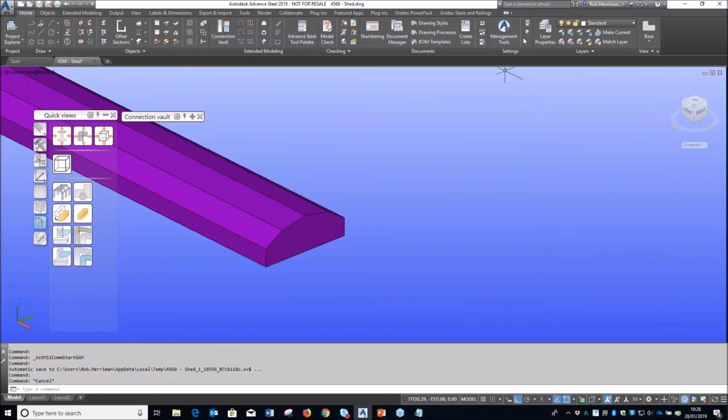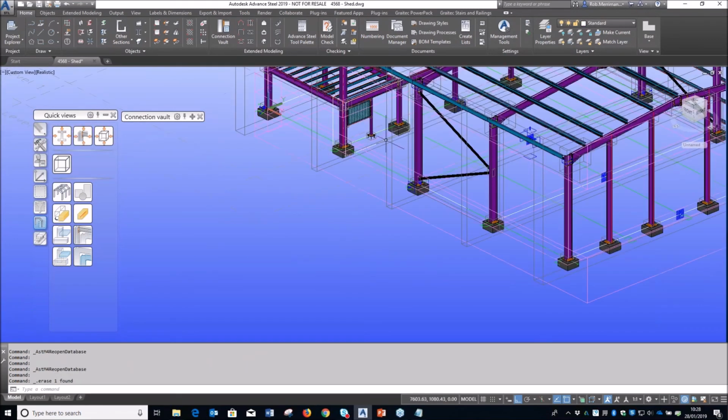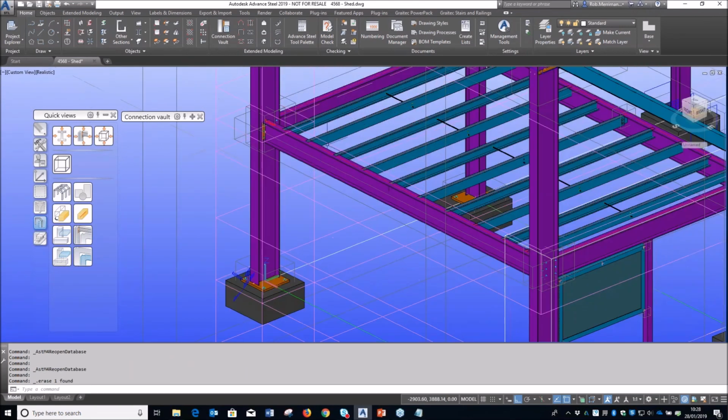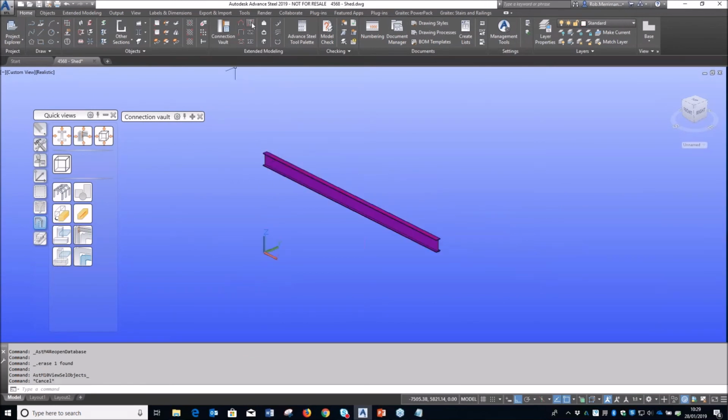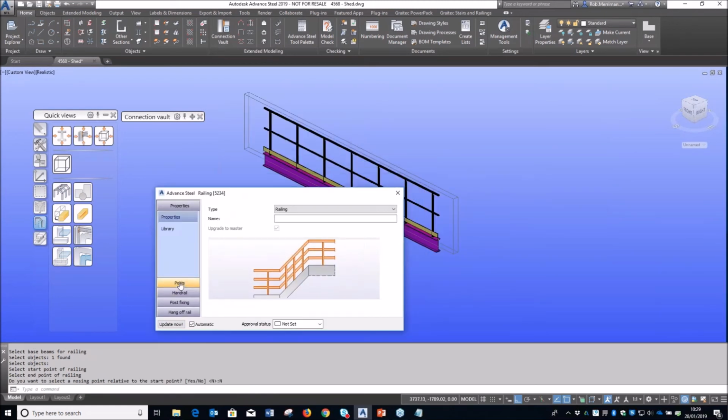So what I need to do now is go back to my Advanced Steel, going to update the defaults, so that just reloads all of those databases in. And then we will give the railing macro a whirl. So we'll make it nice and easy. We'll isolate this beam. We will run the railing macro. If it doesn't work first time, we may need to restart Advanced Steel just to reload all the databases, but